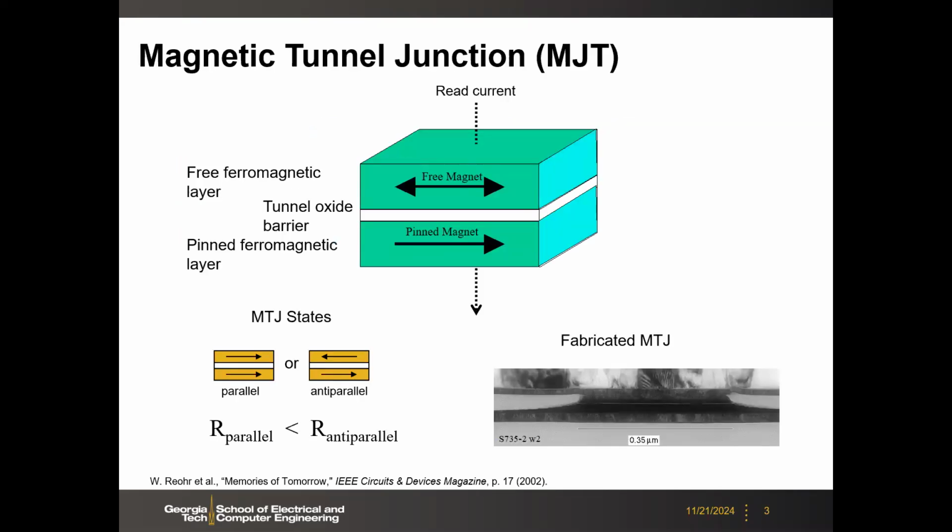So first of all, the MTJ. This is the building block. No matter which MRAM technology you are talking about, this is a fundamental building block. Here we will have three layers, and in the middle we have this tunnel oxide barrier. This is a very thin oxide, and typically it is an MgO material. And then we have two magnetic layers, and the bottom one is typically called a pinned